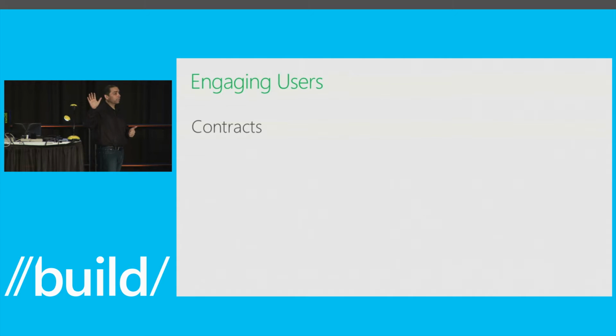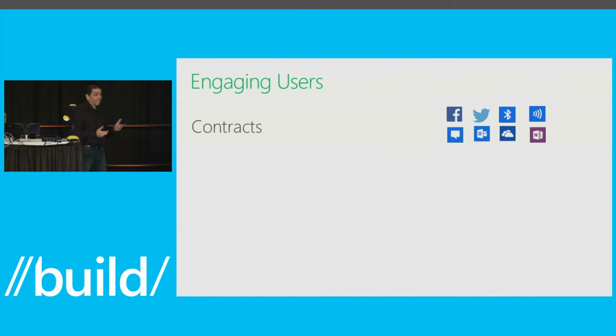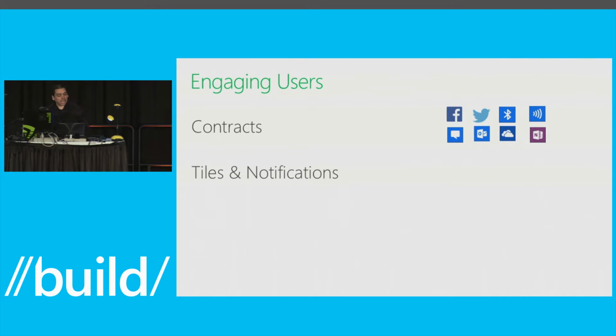Anybody here familiar with contracts in Windows Store? With two or three lines of code you could share to Facebook, Twitter, all kinds of targets. Anybody who implemented a share target could go in there and share against them. It's a very simple way to connect your application so that you can engage users and drive users back into your apps, invite other users, and everything else. Out of the box in Windows Phone 8.1, if you decide to implement share target, which I'm going to show you in a minute in code, you'll be able to share to Facebook, Twitter, USB, OneDrive, OneNote. There are a lot of targets already out of the box. Somebody that gets a phone already has that.